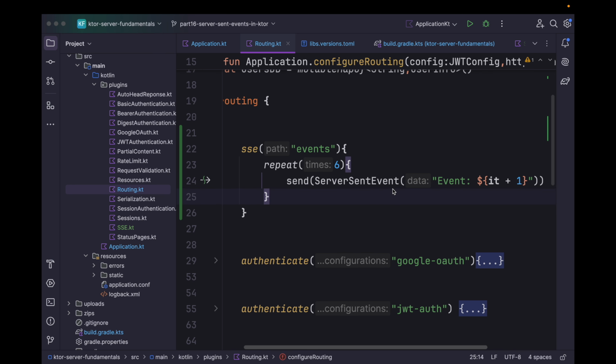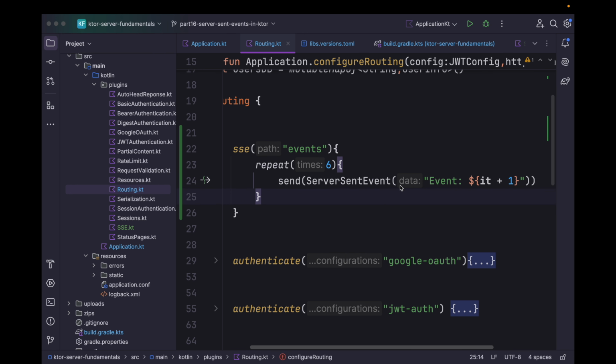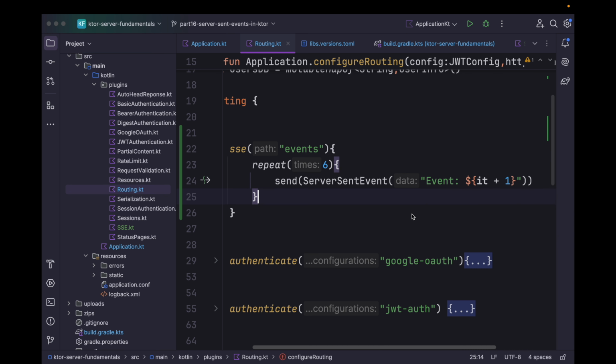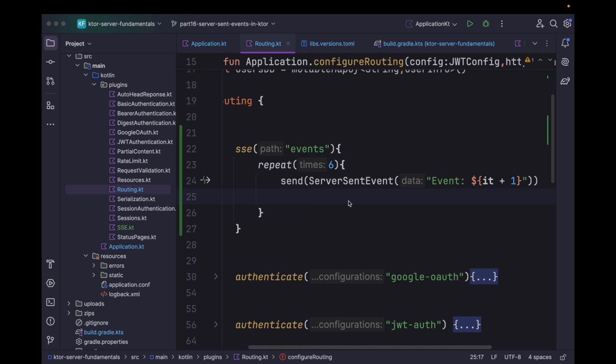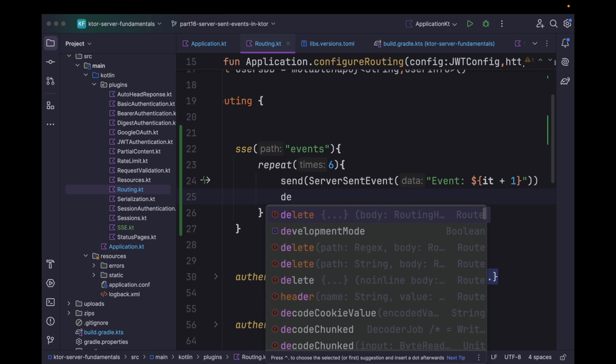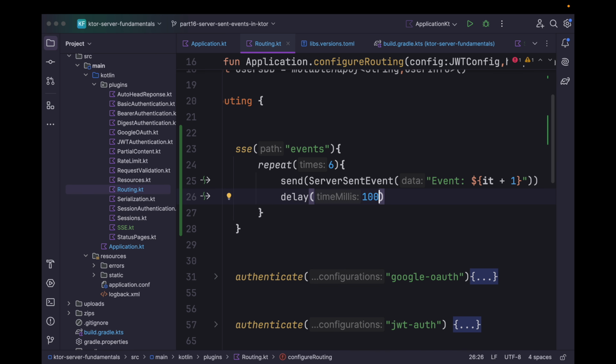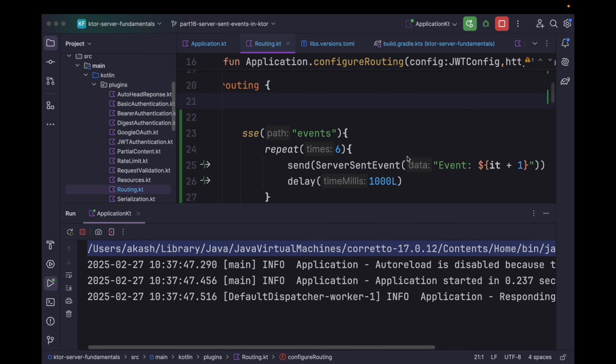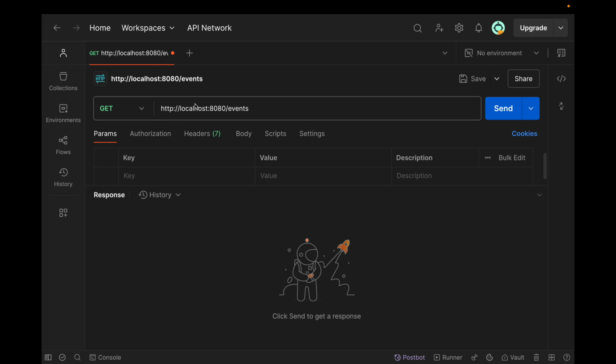So in response, we should be able to see event 1, 2, 3, 4, 5 and 6. After each event, let's suppose we want to have some delay of 1000 milliseconds. Now, let's run our application to try this out. We can say get request and specify the path as events. And once we make the request,